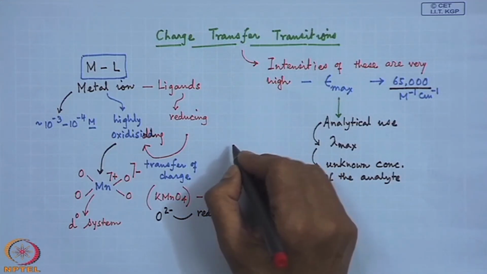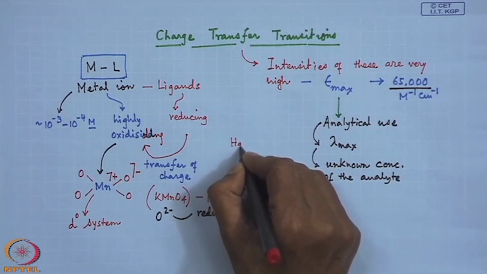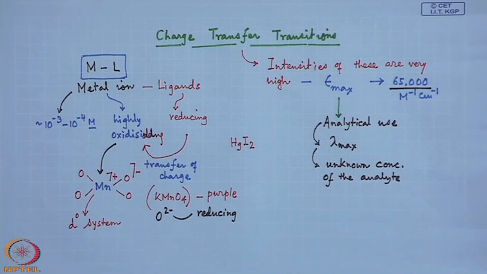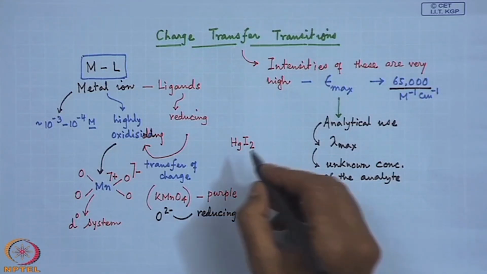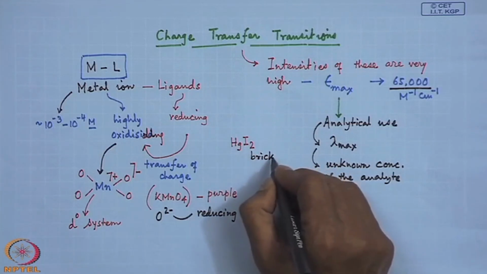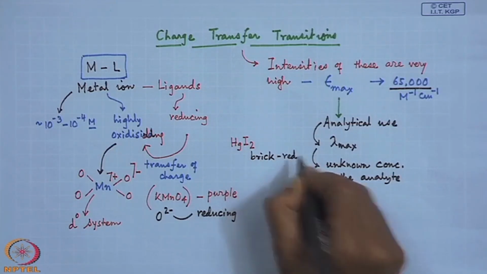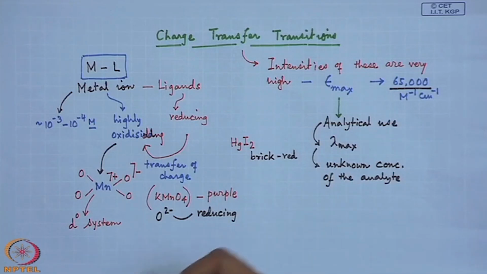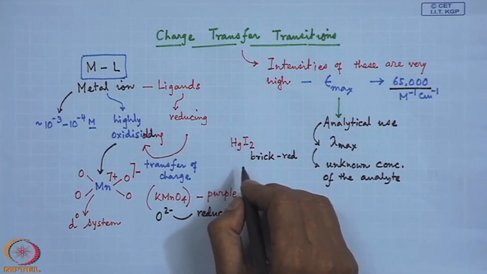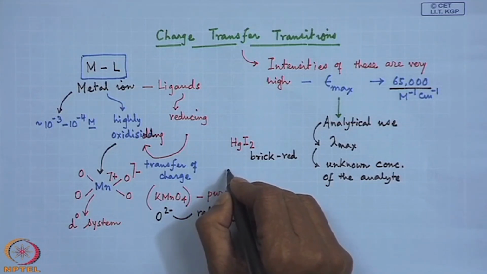Similarly, mercuric iodide can also be another example of this type of compound, showing a charge transfer transition which is brick red in color. So, we see that these colorations are in the visible region and they are highly intense. The intensity of these colors basically tells us that a charge transfer transition mechanism is operating between the metal